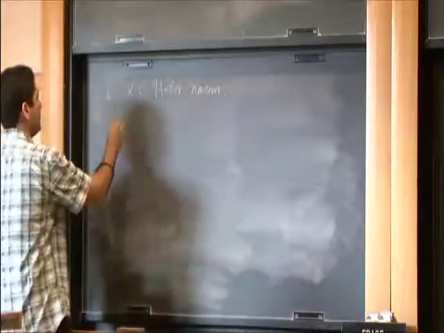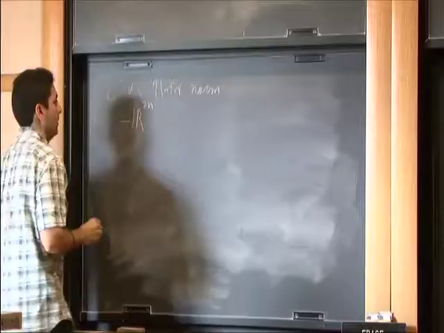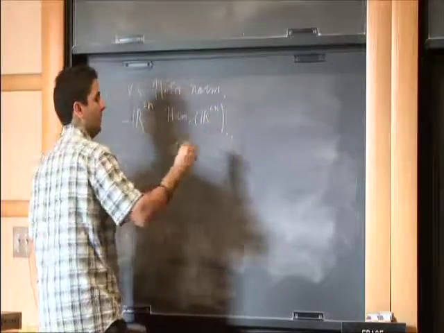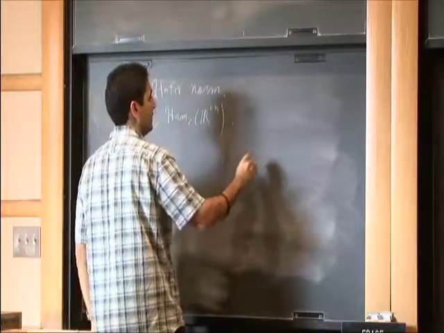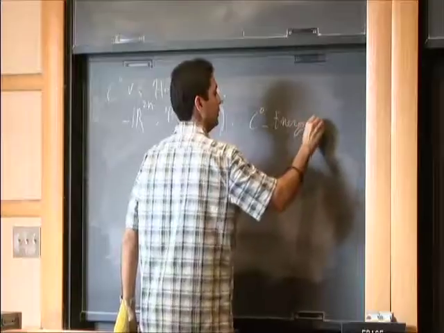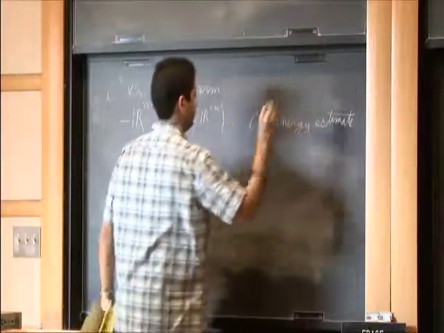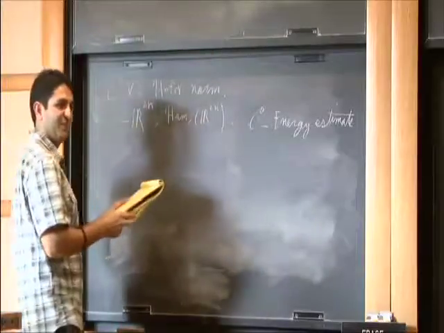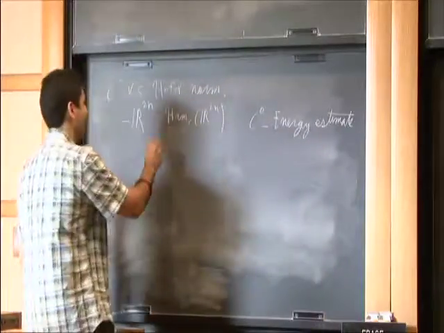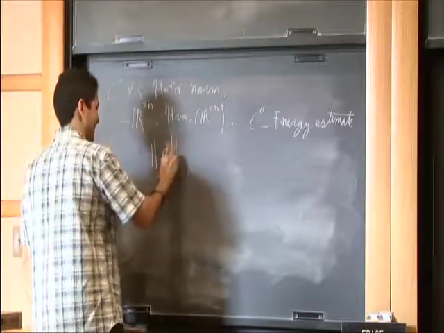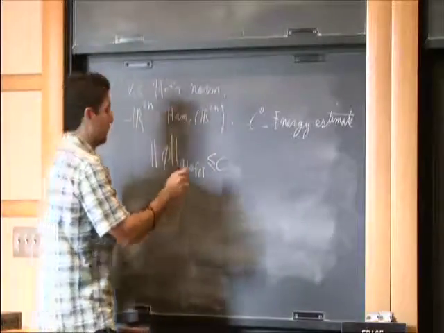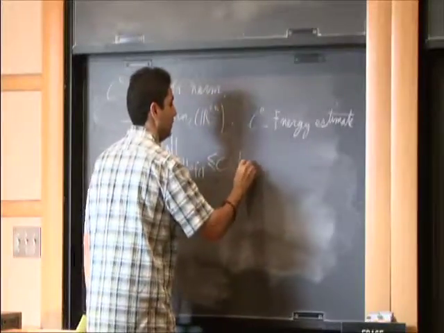Okay, so in the case of R2n, we're looking at compactly supported Hamiltonian diffeomorphisms of R2n. Then there exists a famous estimate, the C0 energy estimate, by Hofer. Here's the estimate: the Hofer norm can be bounded by a constant c times the diameter